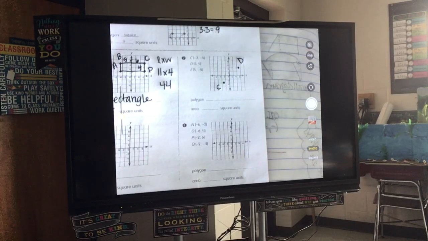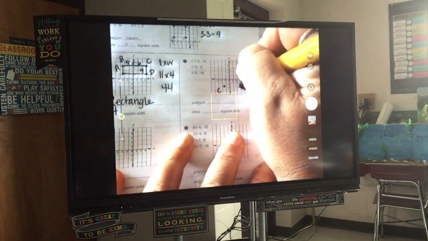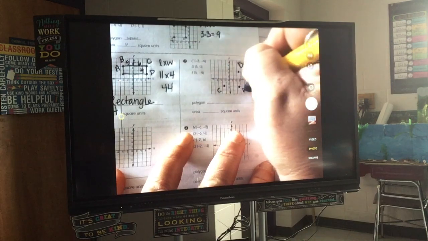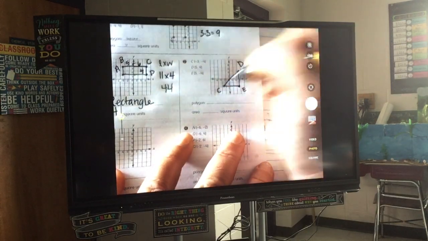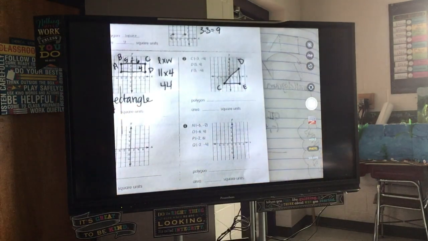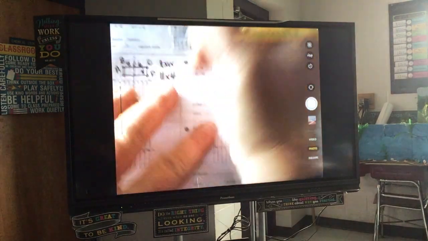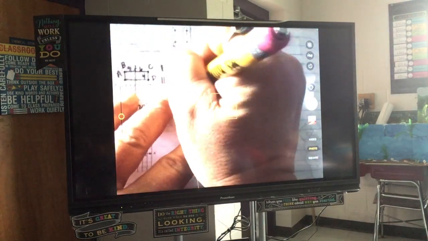You go, wait for E, yes. You go right 5, and then down 1. All right, so this is obviously what shape? This is a triangle, so we know that our formula is going to be base times height